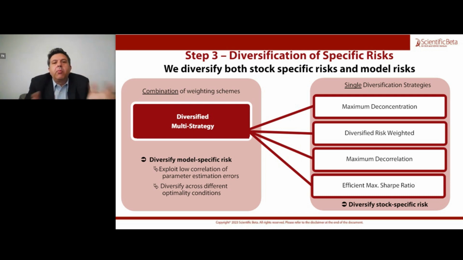You want a broadly diversified portfolio because in case your views, if you will, or your signals are incorrect, then you want to have some diversification to pick up the slack and compensate for your incorrect tilting in another area of your portfolio. So, the elimination of idiosyncratic risk and broad diversification is what dictates our use of these individual optimization schemes. Now, why we use more than one is related to model misspecification risk, because no matter how well